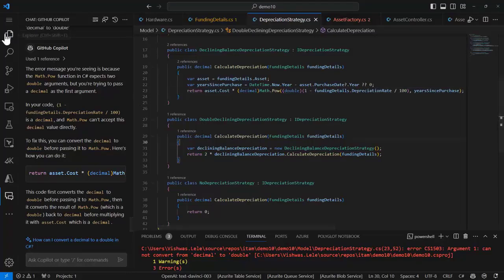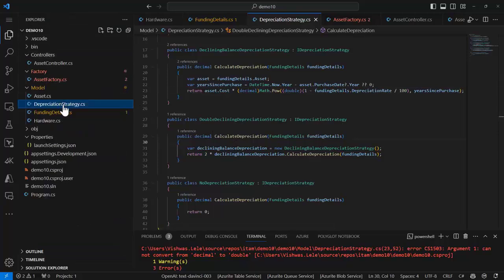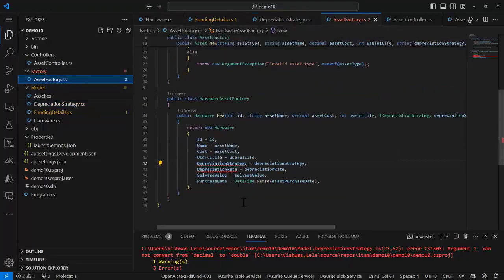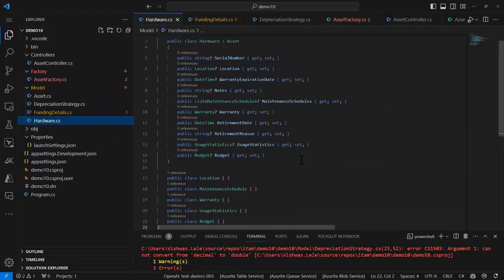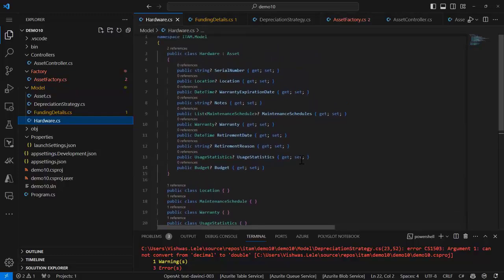Let's take a look at the other problems we are having here. I think the other problem pertains to the asset factory, and you can see those 2 lines there. It turns out that the depreciation rate is really not part of hardware. In fact, if you look at the hardware, it derives from asset.